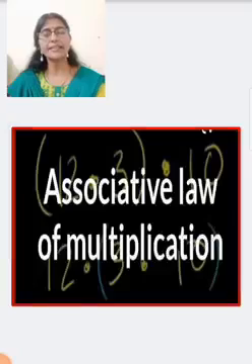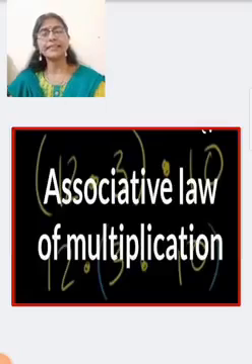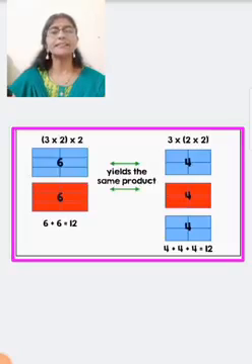Now let us go to the next property, that is associative law of multiplication. Let us take an example to understand this property. Here you will have to multiply 3 integers. Let us take 3 integers and we will group them. In the first case here you can see 3 multiplied by 2 multiplied by 2. So 3 and 2 are grouped together. So first we'll multiply that. We'll get 3 multiplied by 2 is 6. So 6 multiplied by 2, that means 2 times 6.